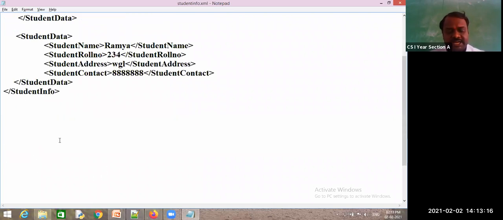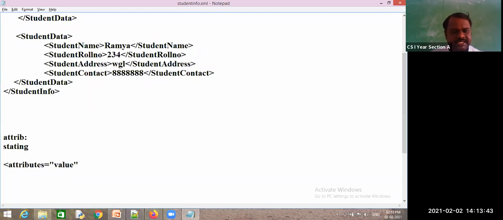So how do we write an attribute? Attributes must be written in the starting tag only. The attribute, equal to value, and the attribute value must be enclosed between quotes.